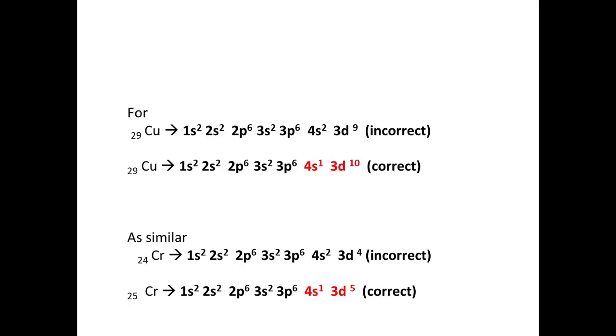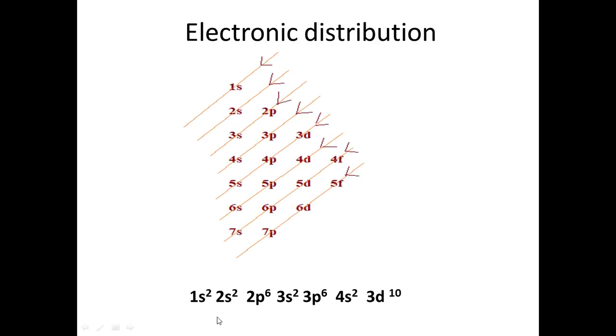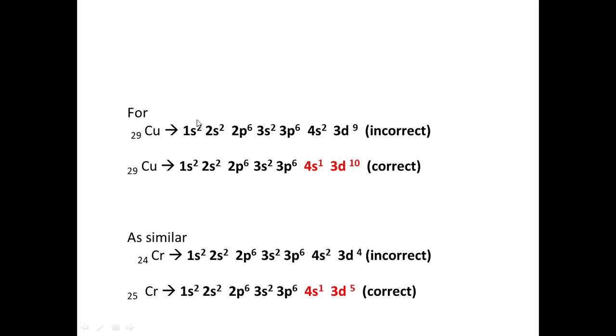Come to the next. Let me explain some of the confusing electronic configurations of elements like copper and chromium. As you know, the atomic number of copper is 29 and chromium is 24. They have the most confusing electronic configurations. Why do they have confusing electronic configurations? Let's find the reason. By following the trick that I already told you, 1s2, 2s2, 2p6, 3s2, 3p6, 4s2 and 3d9. I write this configuration first.